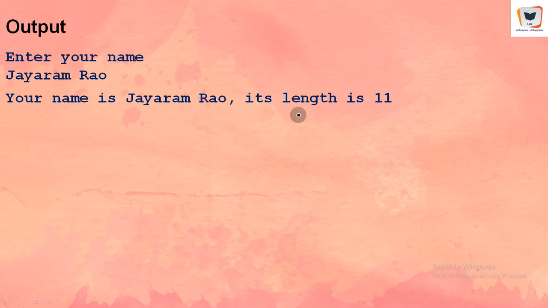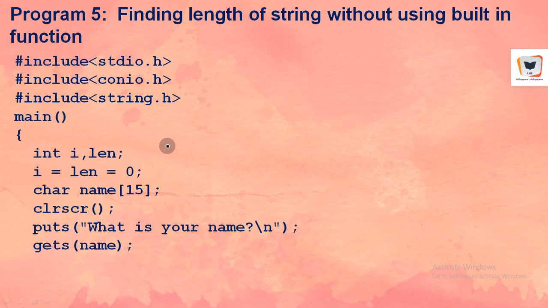Your name is Jayaram Rao, its length is 11. So what it is: 1 2 3 4 5 6 7 8, space is 8 9 10 11. It has come exactly. Now, finding the length of the string without using a built-in function is a challenge